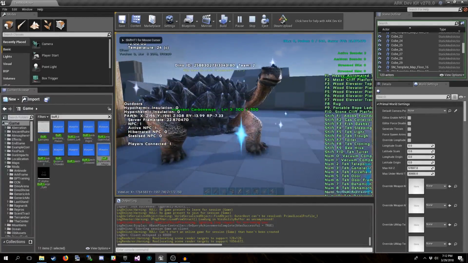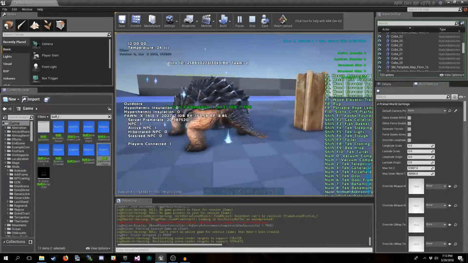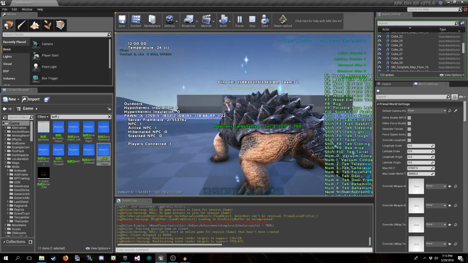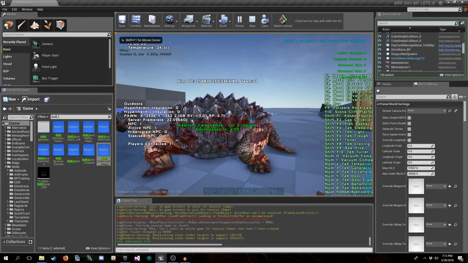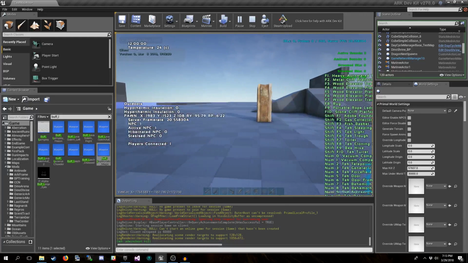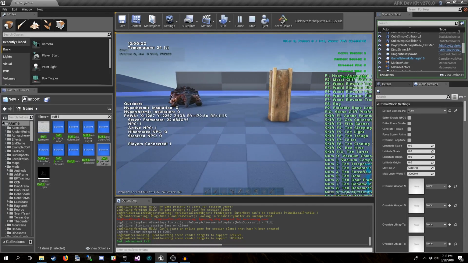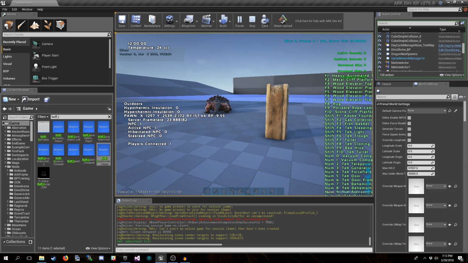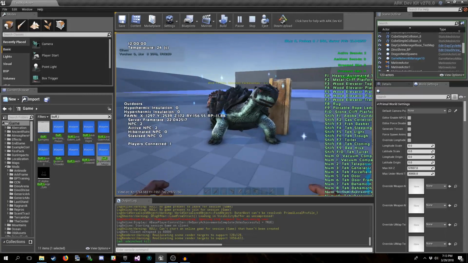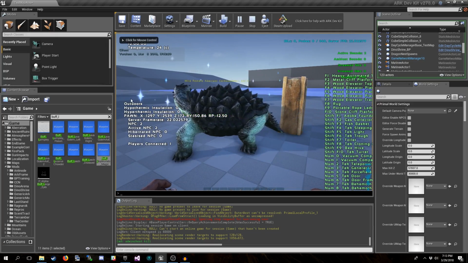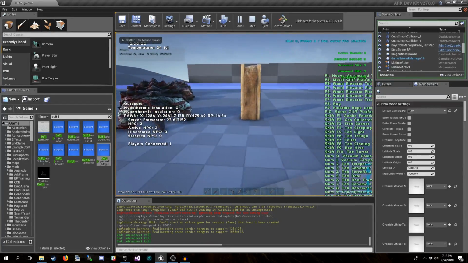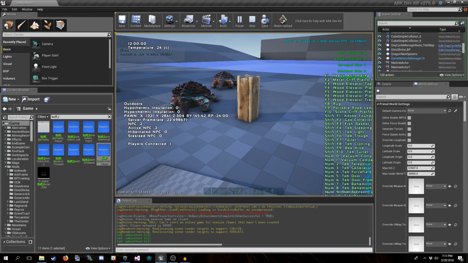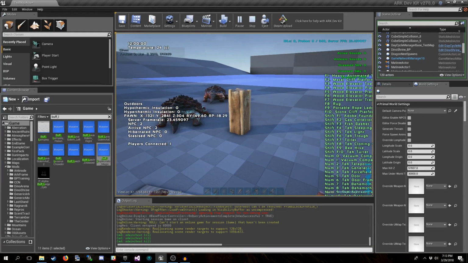Oh, there we go. Turtle has already spawned. The first one looks all fancy with its sparkles. And if we kill it, oh, poor turtle, in a few seconds we should see, right about, boom, new turtle. And we can just keep doing that, and it'll keep respawning turtles with fancy sparkles.